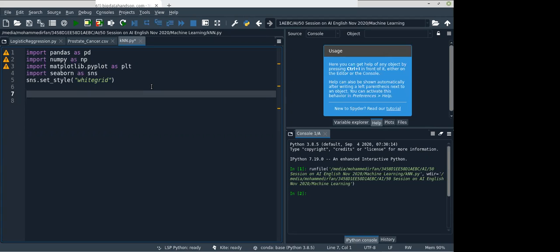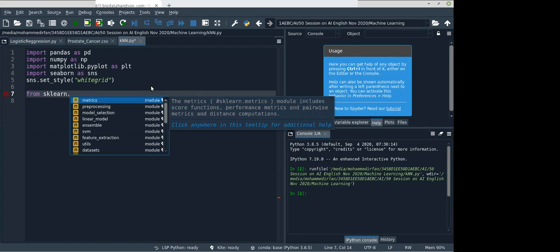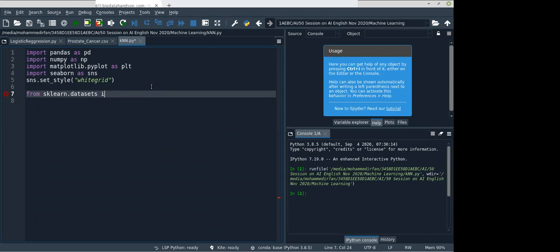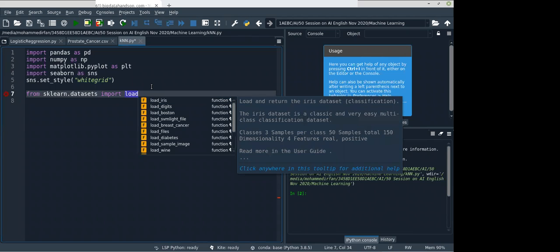Okay. The iris data you can find on Kaggle, or else you can import it from the sklearn library. In sklearn also we have some datasets. You can import from here, load_iris.